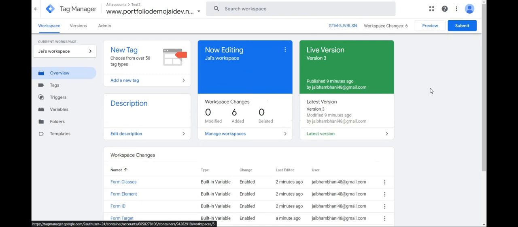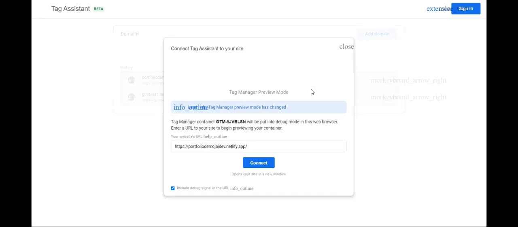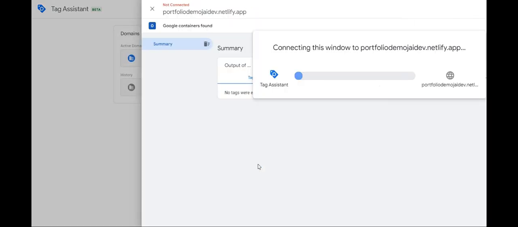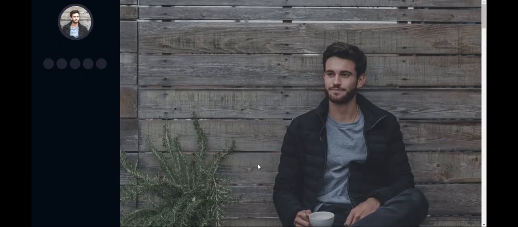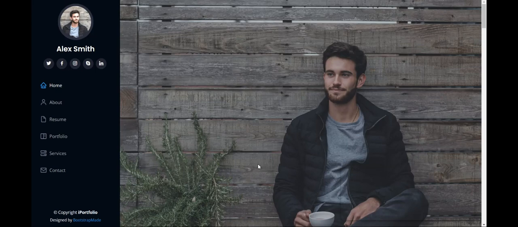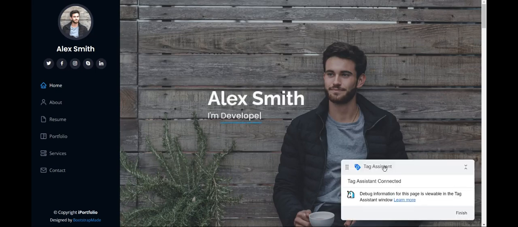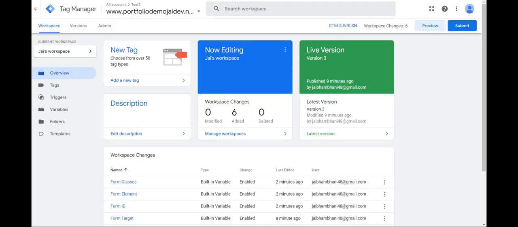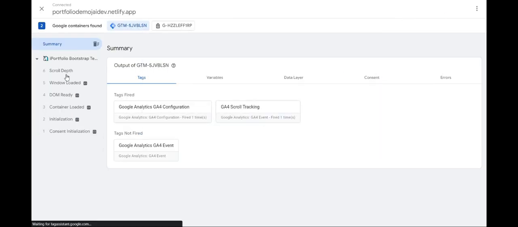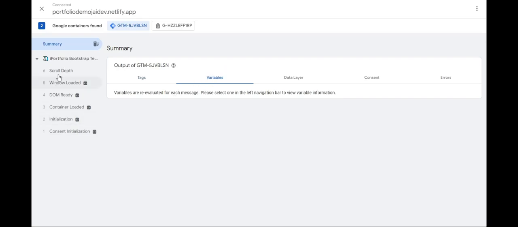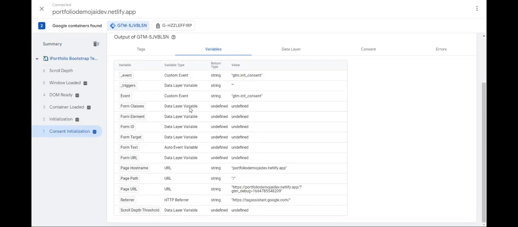now it is important that before you publish any changes and make them live, you test your work. And as we have seen, where we do that is the preview mode. So we'll just quickly go to the preview mode. We'll enter the URL, we'll click connect, and it will open our site in a new tab. Now this is just to check if our changes have been applied or not. So we got the pop-up, and if we were to go to summary now and variables,